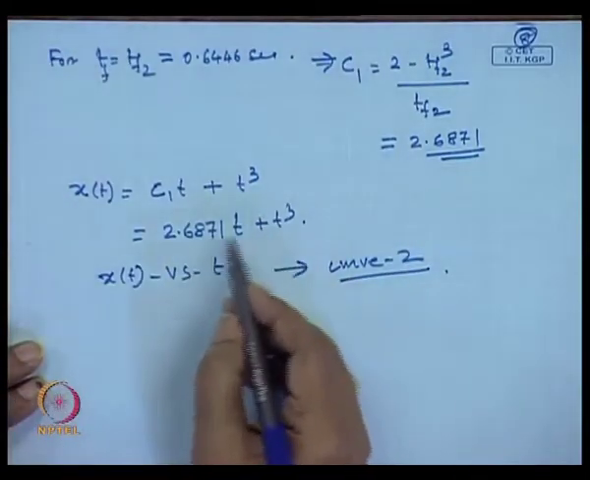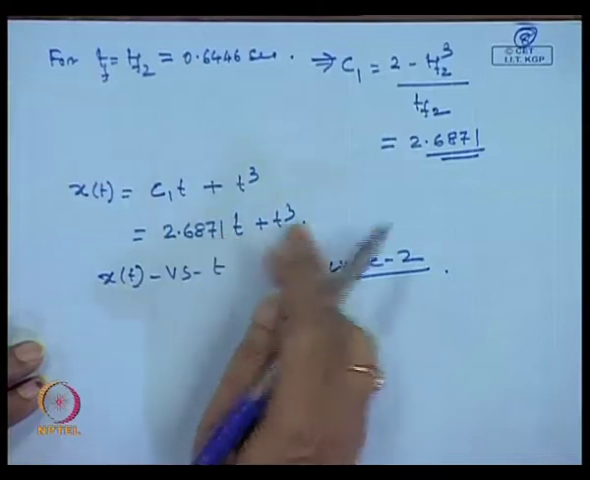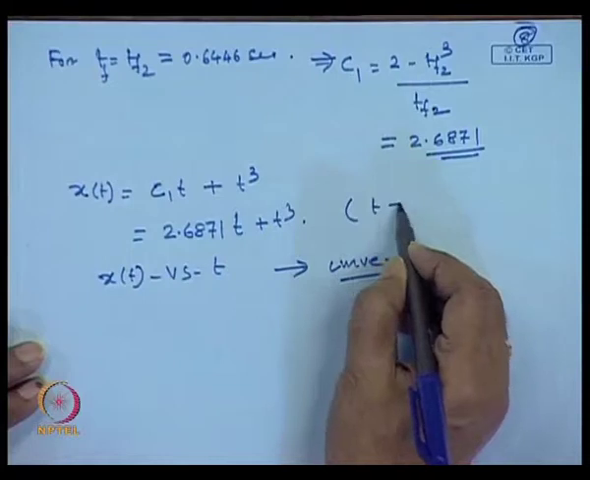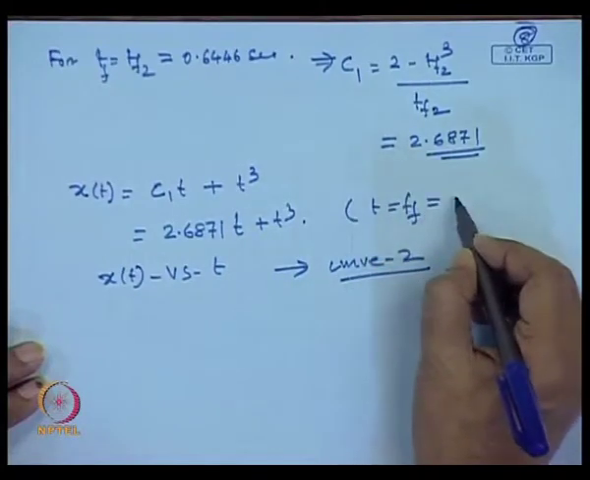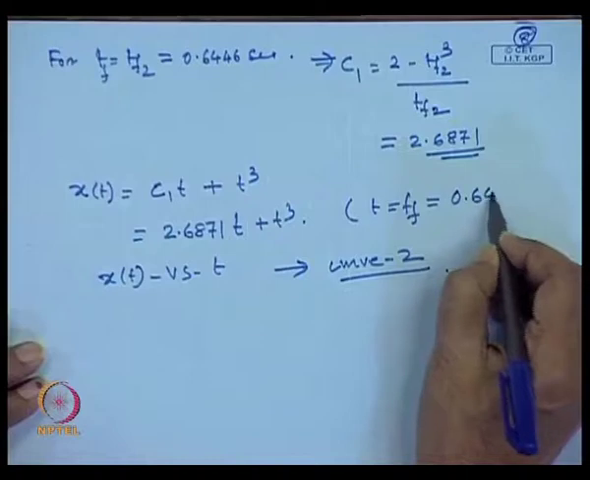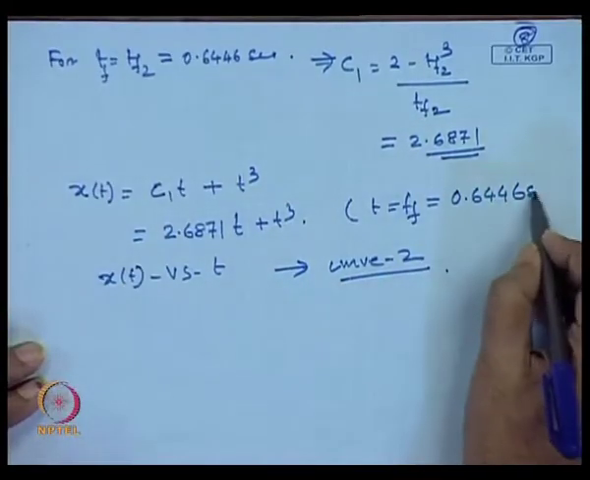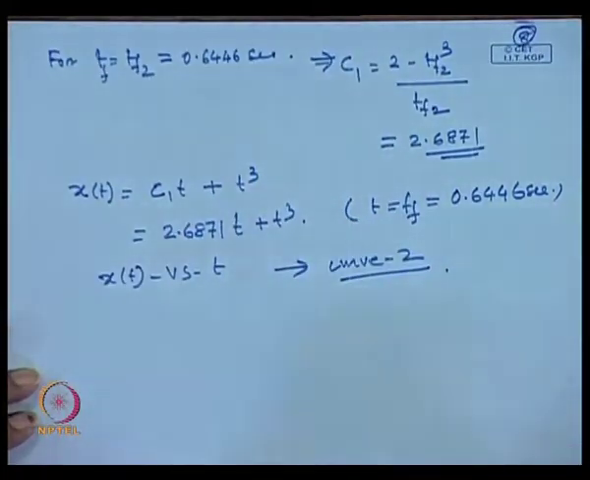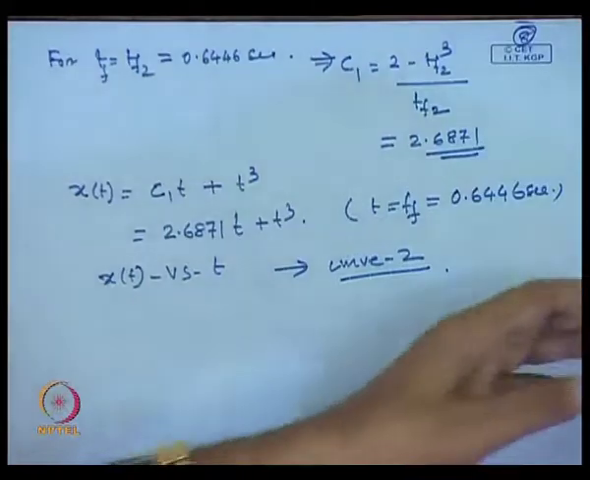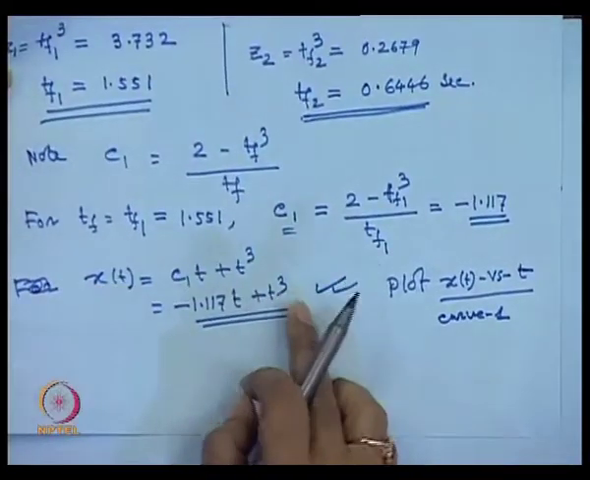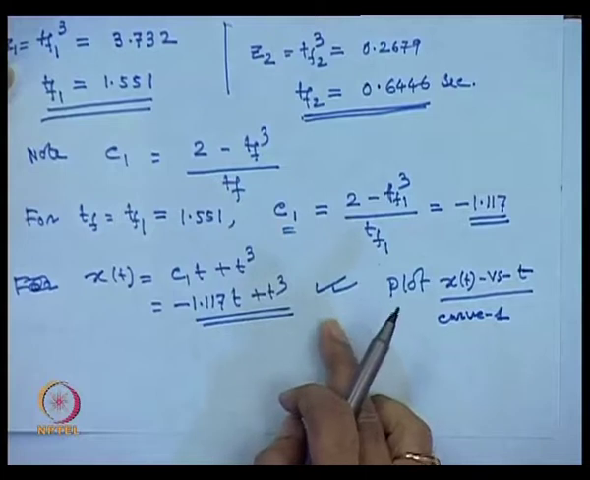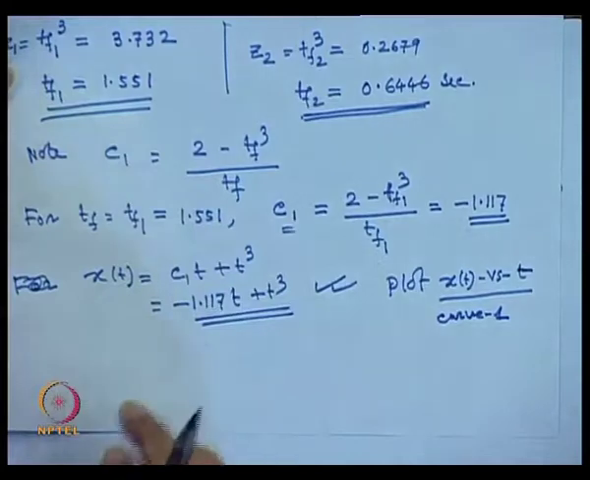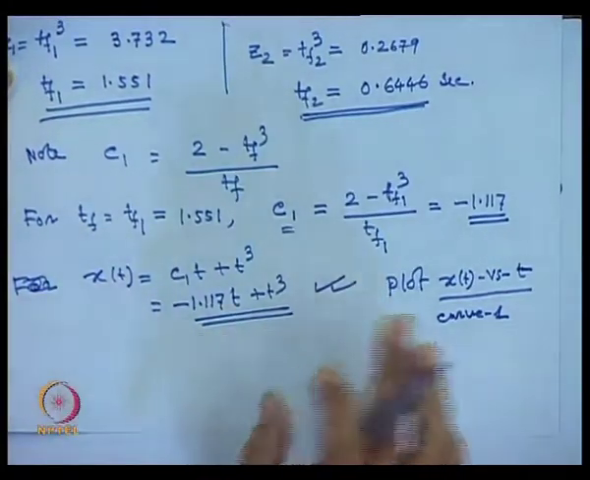You can easily plot it. You know how long you have to plot: this is valid for t from 0 up to T f, that value is 0.6446 second. And the earlier one, you plot t from 0 to T f 1, which is 1.1551 second, agree. So, there are two trajectories,